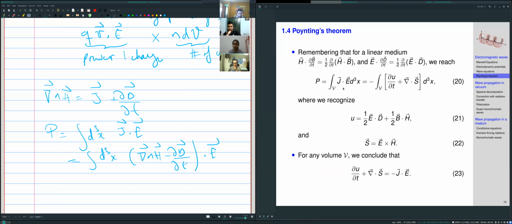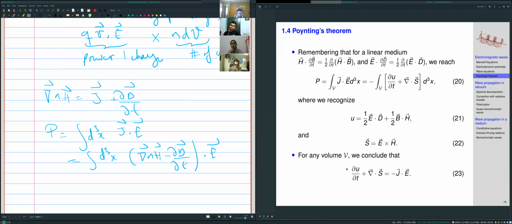Okay, so we can define U and S this way. We can put them in equation 20 here. And since this equation must hold for any volume V, it must also hold locally. And we then have equality between